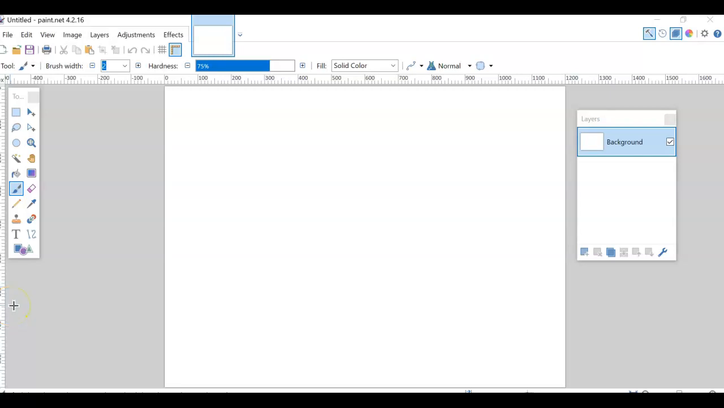Okay, so I'm going to go ahead and show you how to do a text overlay. This one is a little easier than you would think, but it is a lot of fun. So I'm going to go ahead first. I'm going to make my canvas